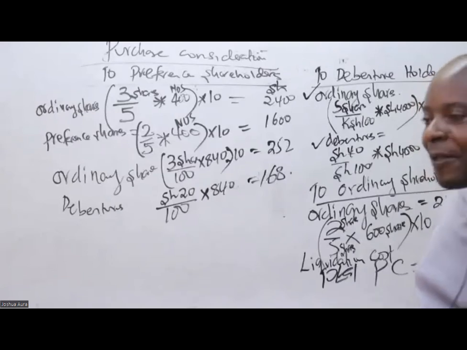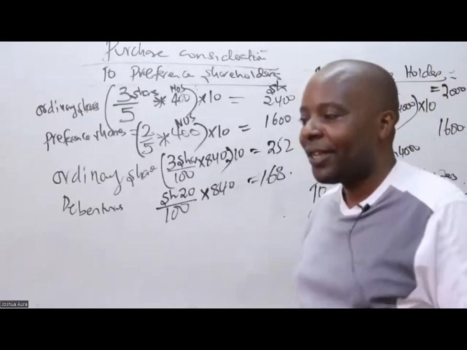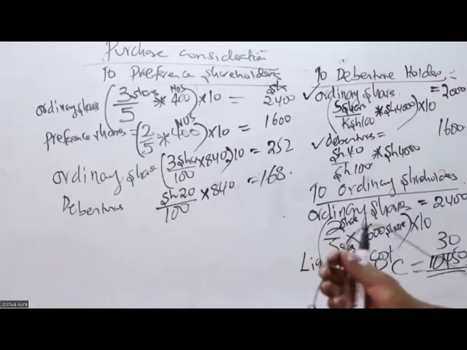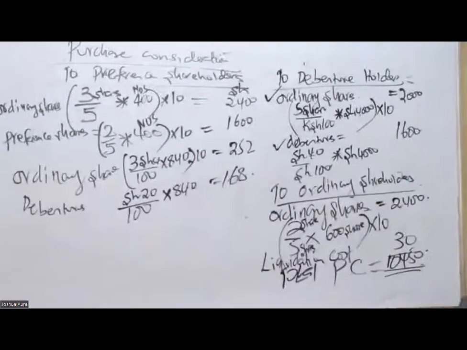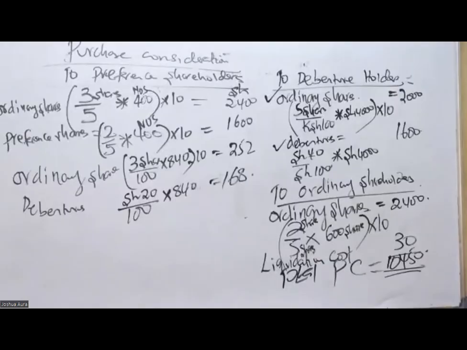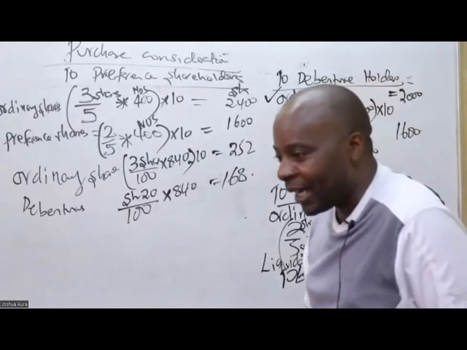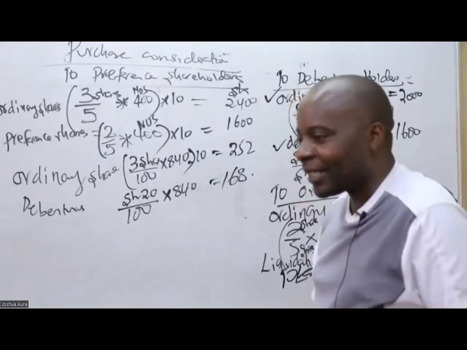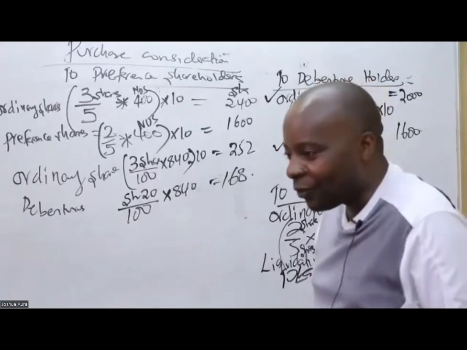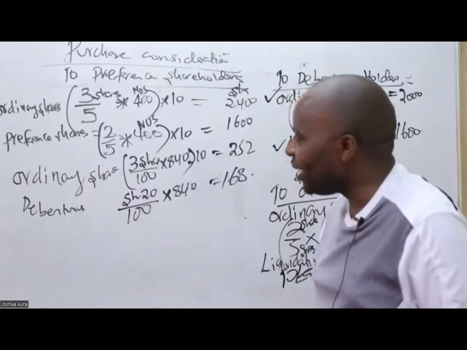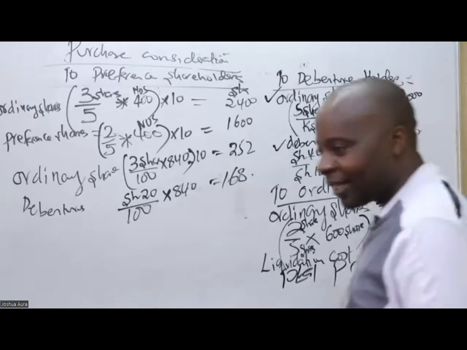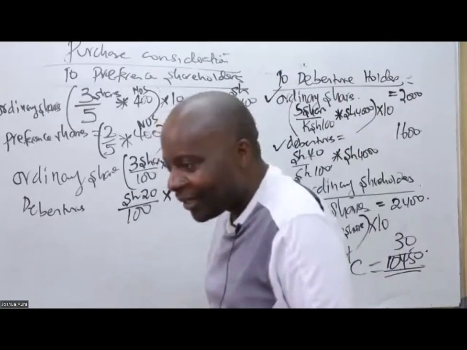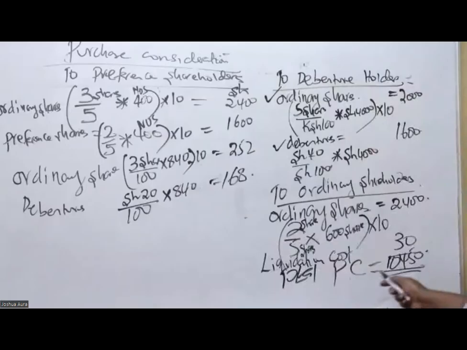Where could we be missing something? Is there somebody who could easily show us where the error is coming up here? Maybe it's my board. Anybody who could tell us where this error is coming from? Because when you get so many students saying 11,090, then there must be a figure missing something. 840, they have added dividend. Why did they add the dividend? Don't add the dividend. The correct answer is 10,450.